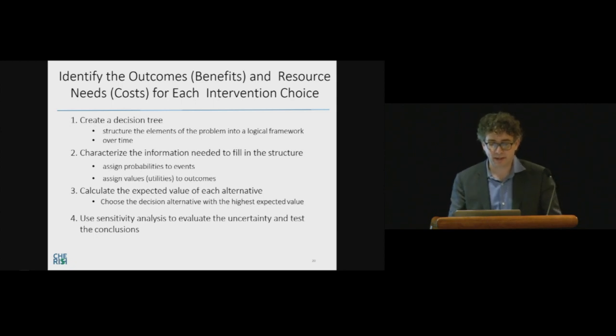A decision tree basically is a graphical way to represent a decision-making process, whereby we start at what's called a decision node at the very beginning, where the decision might be, how should I screen for hepatitis C in my methadone treatment program, right? And then off of that node, that's where I list all of my strategies, right? And we talked about how important it is to be sure that all the right strategies are coming off of the decision node, right? And from there, you walk through chronologically in a logical way to basically structure the entire